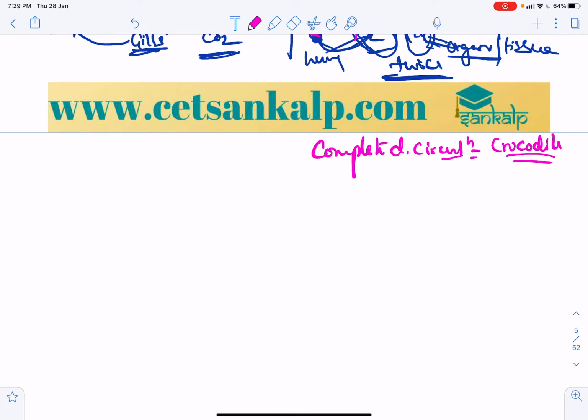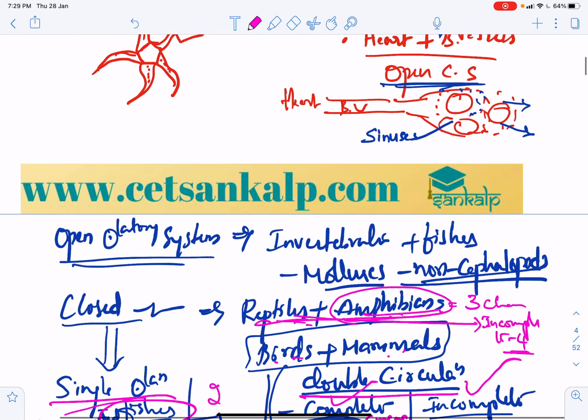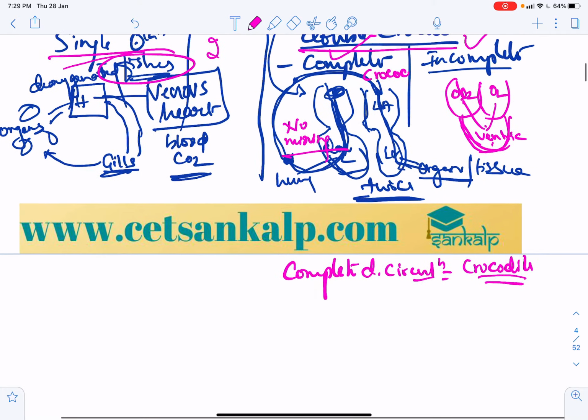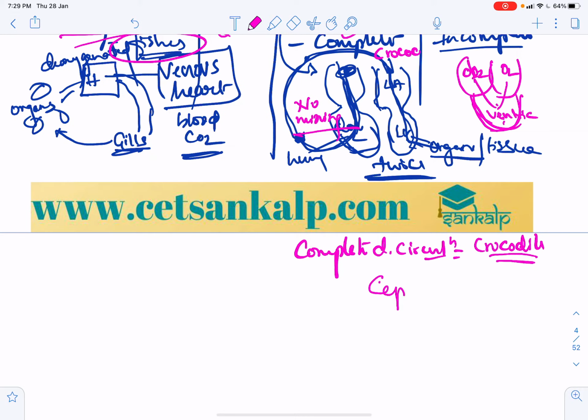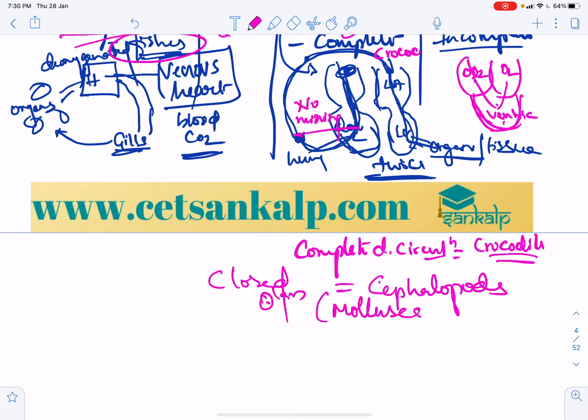And one more thing here, as I mentioned, the non-cephalopods show an open circulatory system, while cephalopods show a closed circulatory system. Cephalopods, right, show closed circulation, even though these are mollusks. So next, move on to the